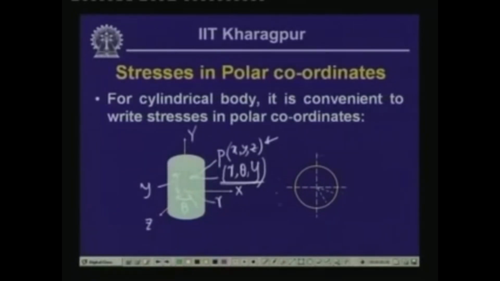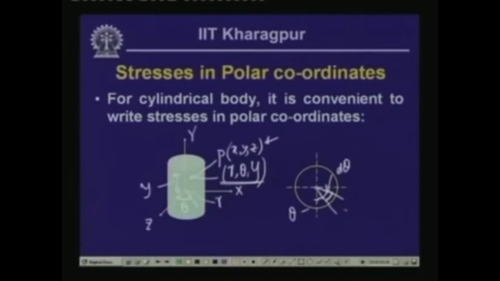Now, if we look into the plan of this, if we take a cross section of this, and draw two radial lines from the center, let us say this particular radial line is at an angle of theta, and these two radial lines make a small angle d theta. Now, if we take a small element over here